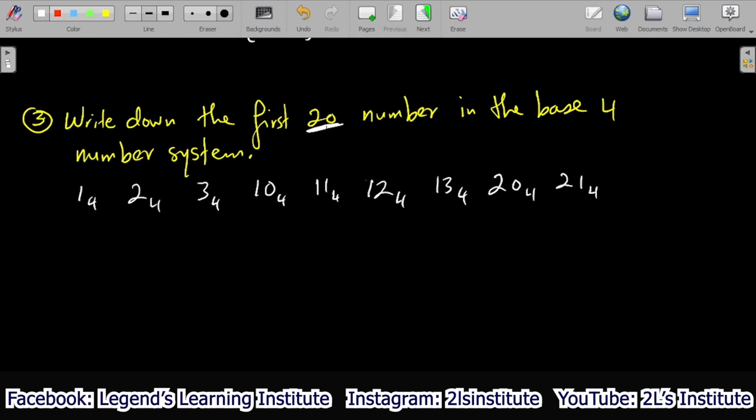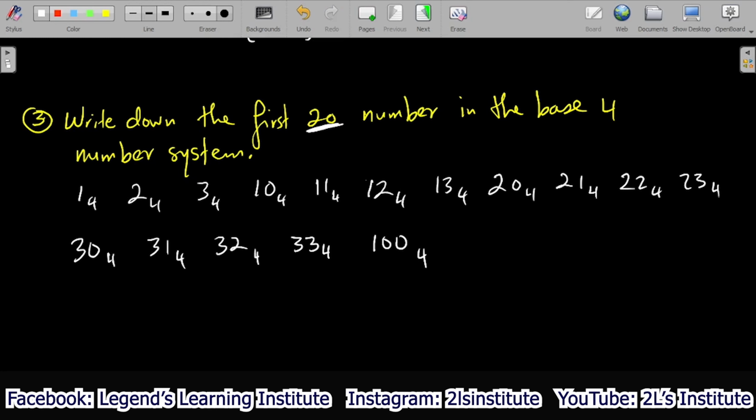we didn't stop at 2 0, but remember the first 20 numbers in base 4, so the first 20 numbers we have, 1 2 3 4 5 6 7 8 9 numbers so far, so we need 20, so 2 1 base 4, 2 2 base 4, 2 3 base 4, right, 3 0 base 4, right, 3 1 base 4, 3 2 base 4, 3 3 base 4, right, then 4 0, well, we do not have 4 0, right, 4 is not allowed, so the next one would have to be 1 0